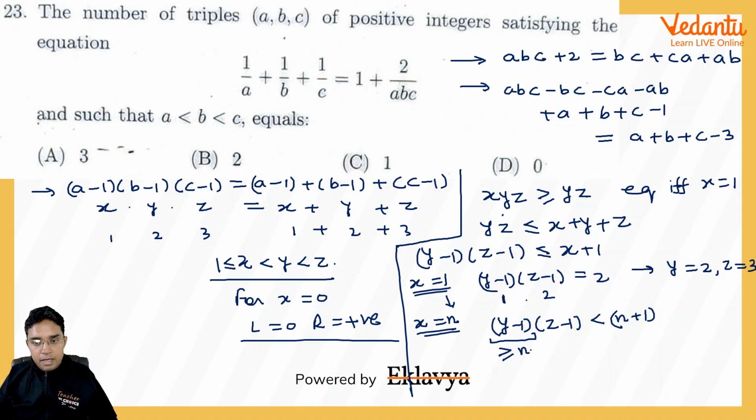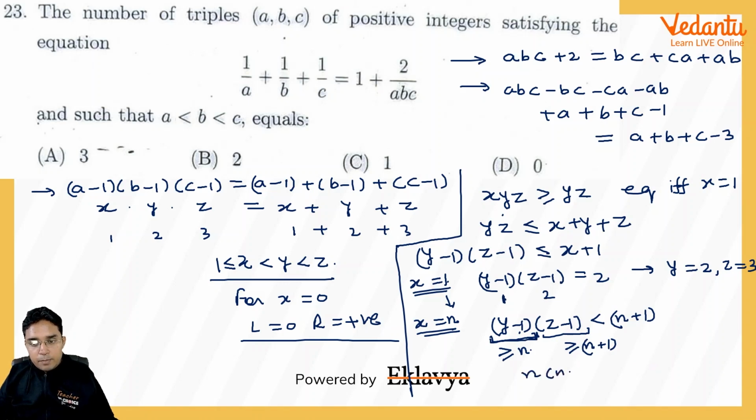In this case, if I compare this case to this case, as x is increased by n minus 1 in value, y will also be increased by n minus 1. So this first bracket will be at least n here, and this other bracket will be at least n plus 1 here. Okay, but you can see this